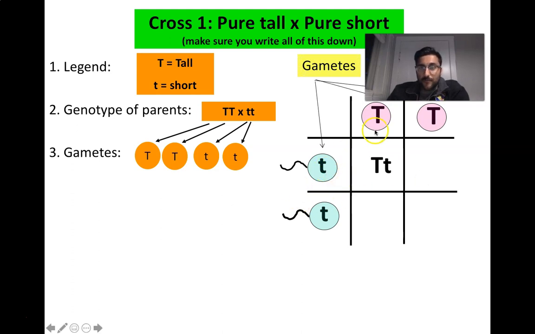Now we're going to fill in this square. To fill in a Punnett square, you bring top down, left in. You always want to have the dominant capital letter written first, and then the lowercase. So it'll always be big T, little t. You'll never write a little t and then a big T. Here, same thing, top down, left in, so big T, little t. Same thing here, top down, left in. In this case, it's a big T, little t again. And then this box here, top down, left in, and it also happens to be big T, little t here. So all of our offspring are heterozygous, big T, little t, and all of them have the phenotype